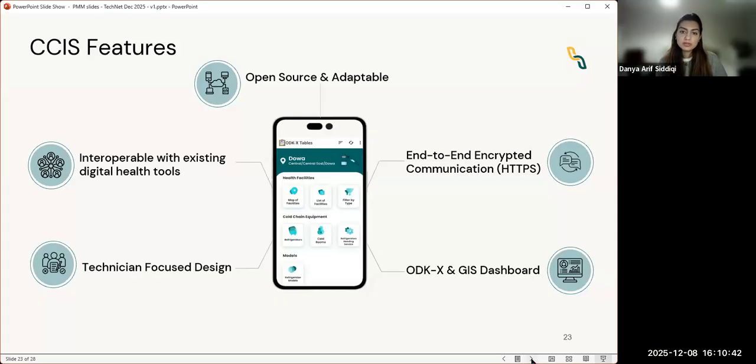It is also connected to a dashboard to provide real-time visibility of the entire cold chain network. As far as the design is concerned, it's technician-focused and end-user centric to optimize uptake. The application is also designed to be interoperable with any existing digital health tools in the country, so whether that's LMIS or DHIS2, it can be linked through the use of appropriate APIs.